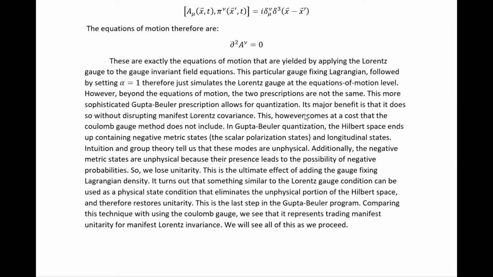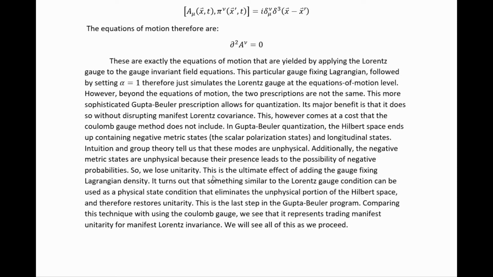The major benefit of the Gupta-Bleuler prescription is that it allows for quantization without disrupting manifest Lorentz covariance. This, however, comes at a cost that the Coulomb gauge method does not include. In Gupta-Bleuler quantization, the Hilbert space ends up containing negative metric states, specifically the scalar polarization states are the ones that end up being negative metric states, and longitudinal states. Intuition and group theory tell us that these states, the longitudinal and the scalar ones, are unphysical. Additionally, the negative metric states, the scalar ones, are unphysical because their presence leads to the possibility of negative probabilities,